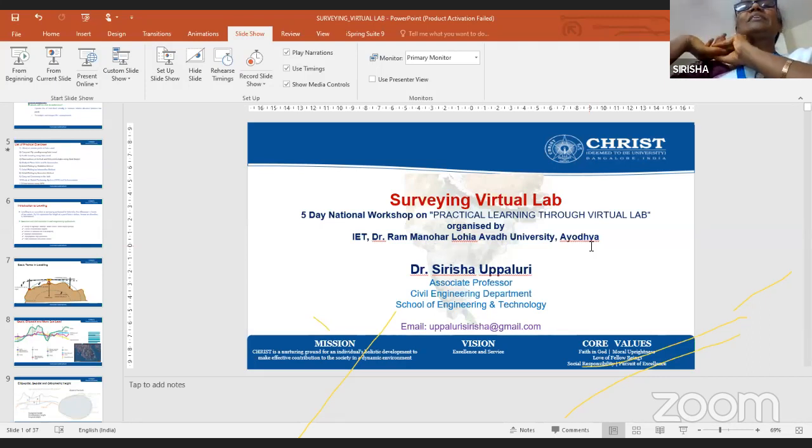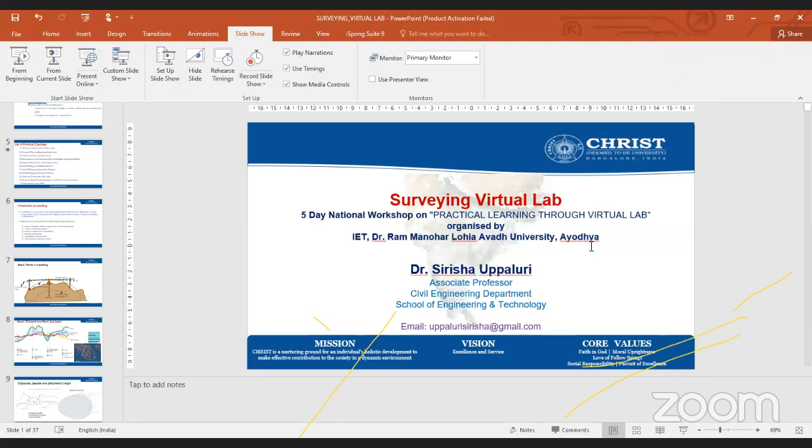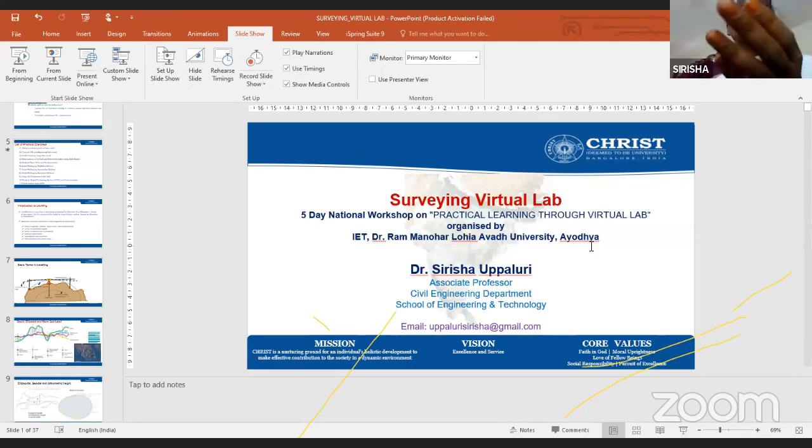There is one more question. What do the terms telescope normal and telescope inverted mean? Telescope normal means the regular position, the line of sight will be horizontal. Inverted means the bubble will be up in the inverted position, and you are going to have a vertical line of sight.